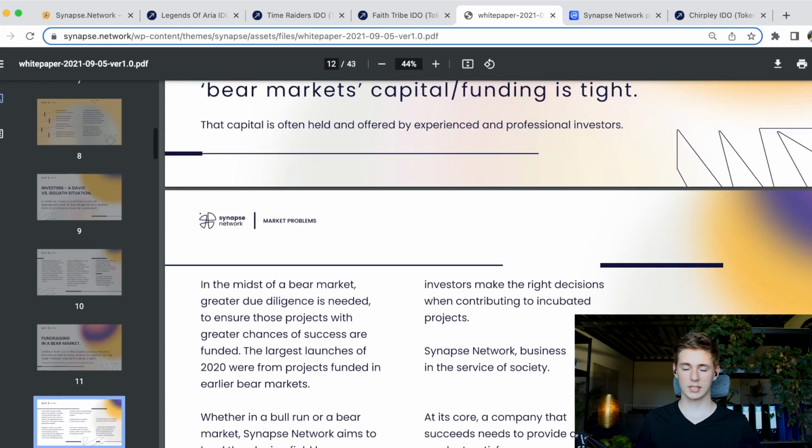So of course, Synapse is not very old. It kind of launched during the bear market, and of course it is still the bear market right now. And even if we get out of it, there's always going to be bearish times and bullish times. And the fact that they show, hey, we're a Launchpad, we know that Launchpads suffer tremendously during bear markets, but we thought of that and we do know our stuff, is very important. And it's good to see that they put some time onto it.